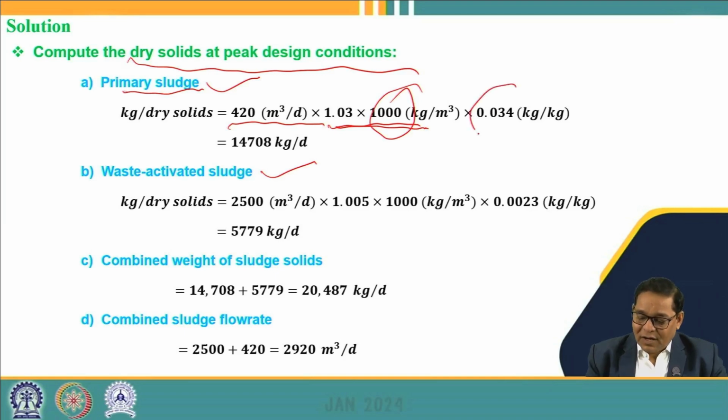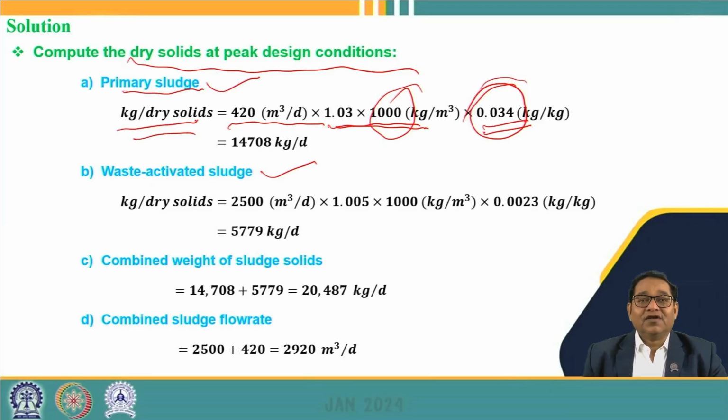In this, how much only solids are there? The solid percentage is given as 3.4%. So we take the decimal fraction of 3.4% and multiply, and we get how much dry solids are present in the primary sludge. If we multiply, it will come